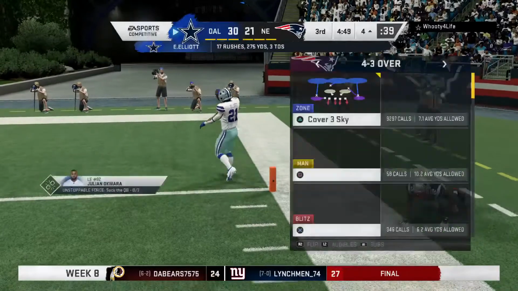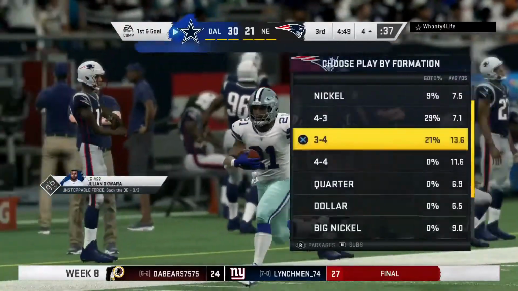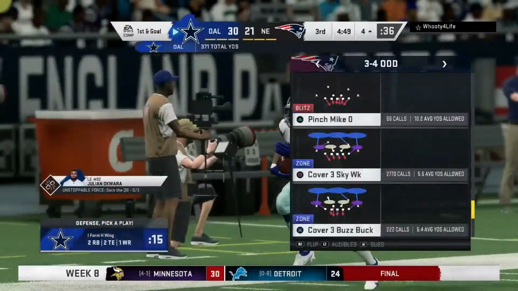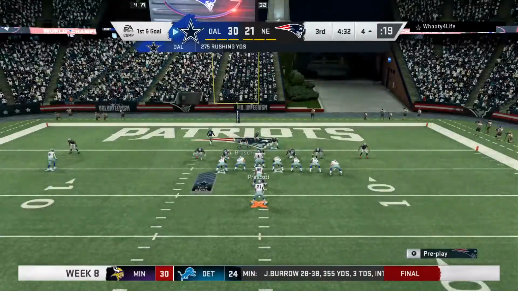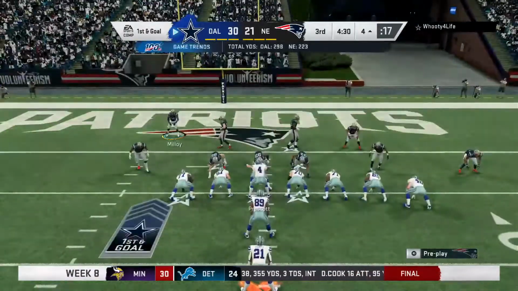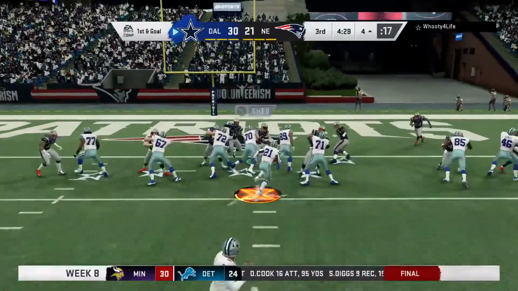A big run that time by Elliott, 73 yards. A tough run by Ezekiel Elliott, the 4th overall pick in the 2016 draft. If you watch tape of him in college, you saw plenty of those runs because...